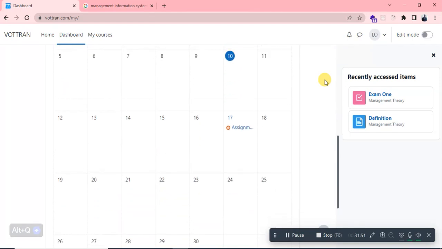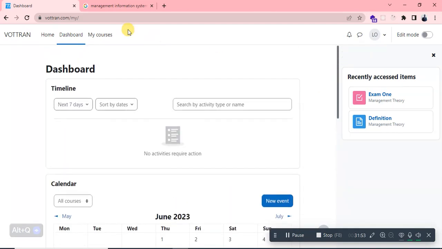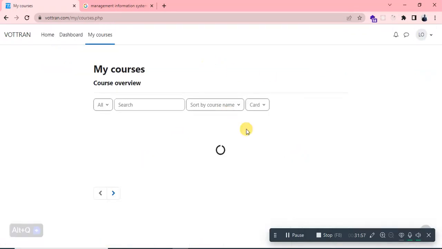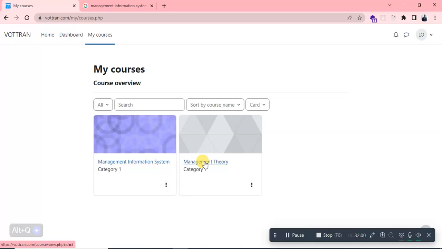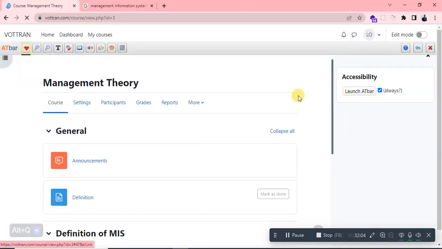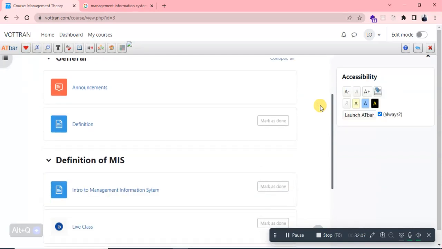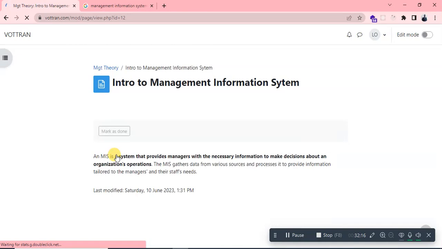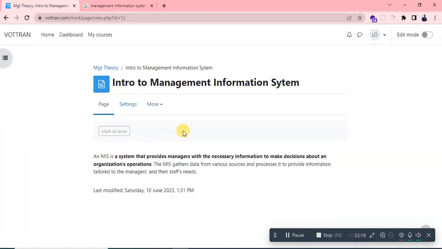Then they will be able to go into their own courses and select a particular course that it is probably time for them to read or to attend a class. So now if the student sees definition, introduction to MIS, then they click on this. Then once they click on this, they will see